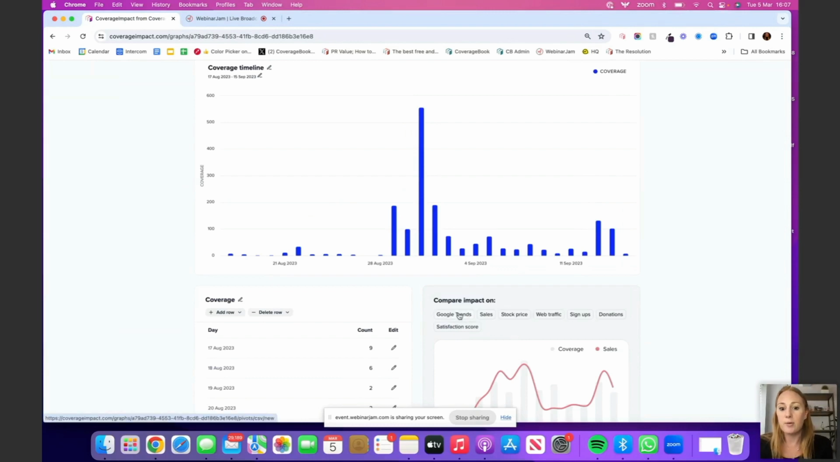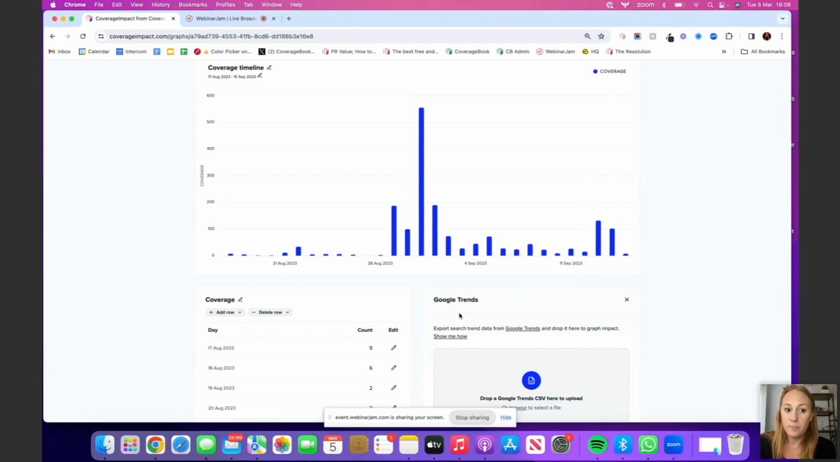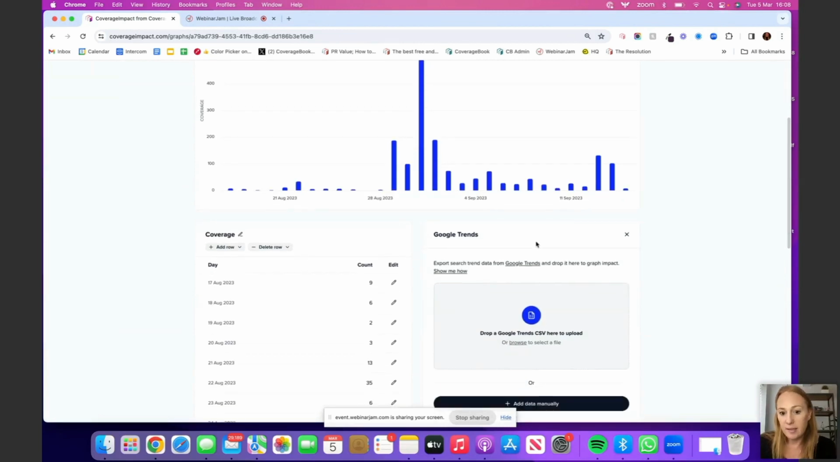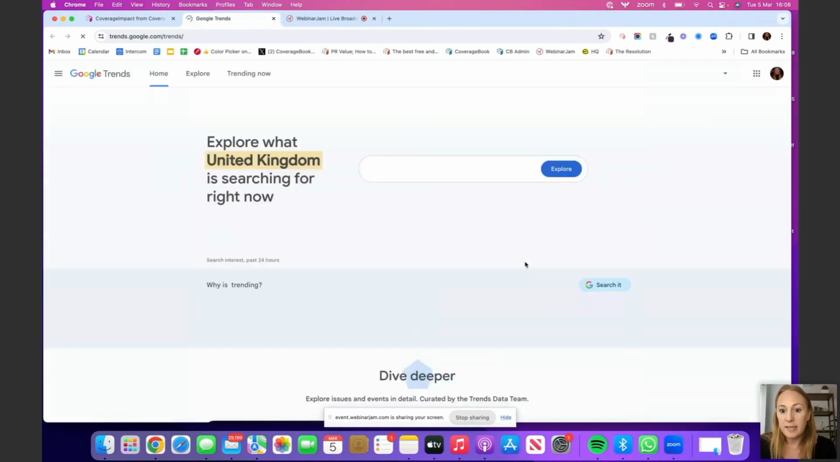But I also spoke about Google Trends. I find Google Trends really useful because with a lot of PR campaigns, the brief is to raise awareness, and it's very hard to measure. One way of measuring, not the only way, and it won't show this as a matter of fact, is Google Trends: after your campaign, how many people started searching your brand? What we've been able to do is integrate Google Trends a bit more with CoverageImpact. So if you click on Google Trends, just click on here